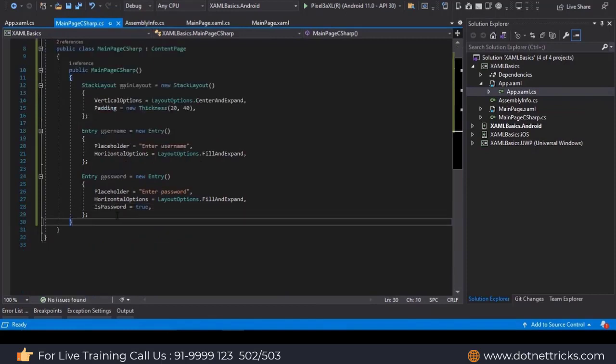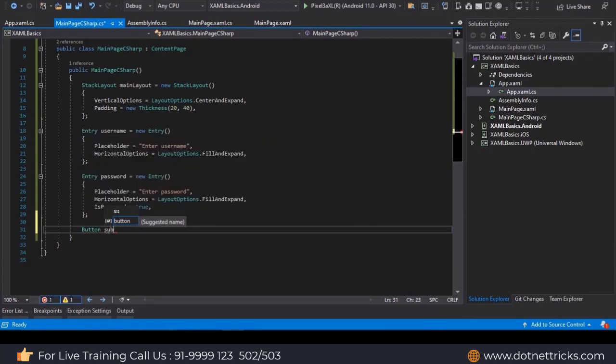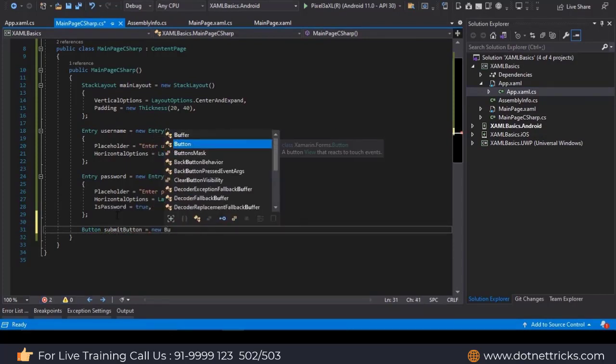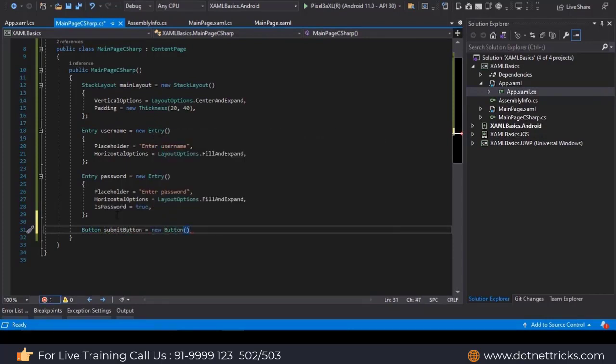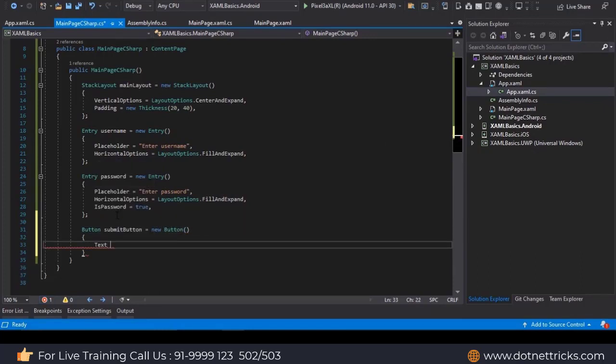So we have created 2 entries, and then the last one is the button. So we need to create a button, which is the submit button. The text has to be Submit, and a corner radius of 5.